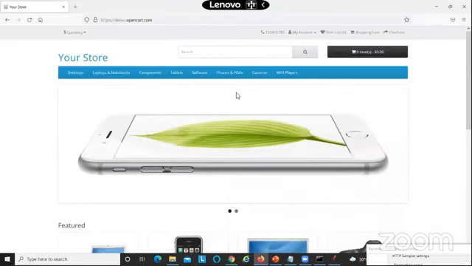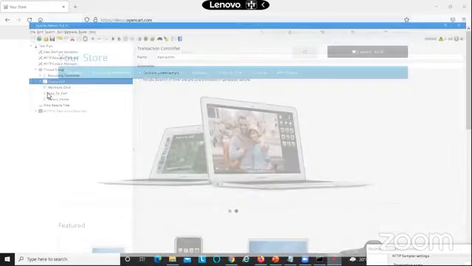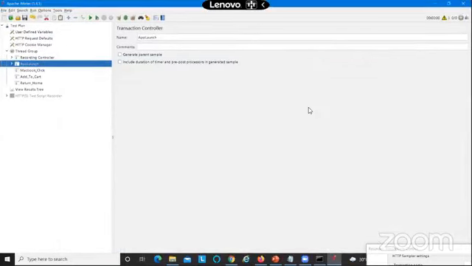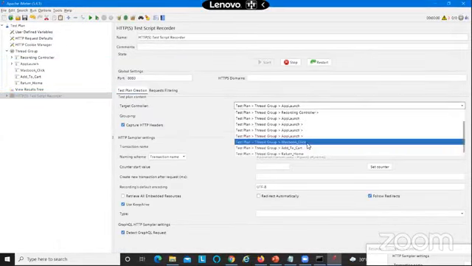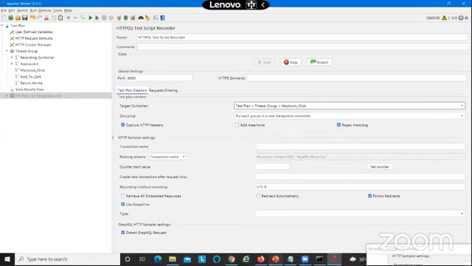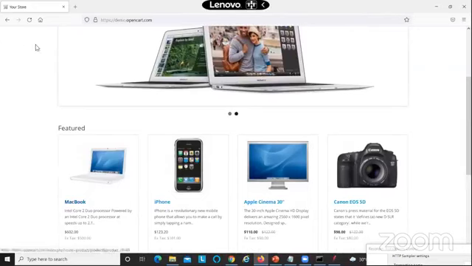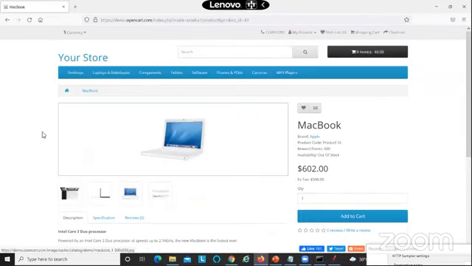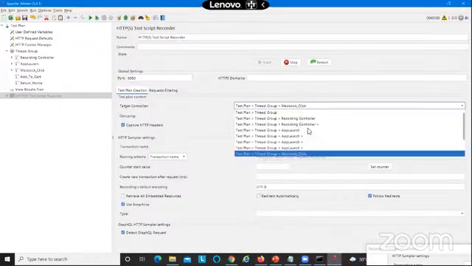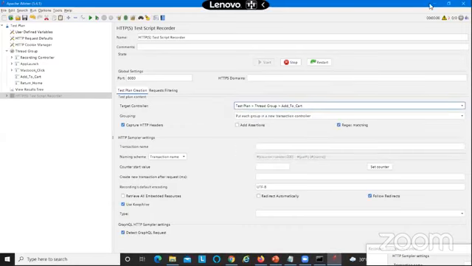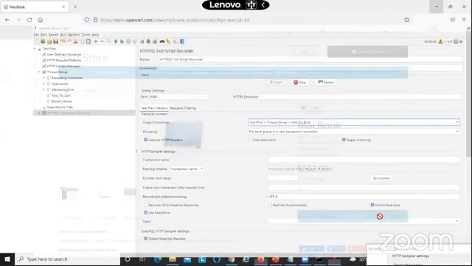Okay, now we are going to our second transaction. So I'm coming here and selecting my second transaction, that is MacBook Click. I'm coming back and I'm going to click my Mac. And make sure that the page has completely loaded, all the requests and all the responses have been received. Now you go back to your JMeter, select add to cart, and click on add to cart.